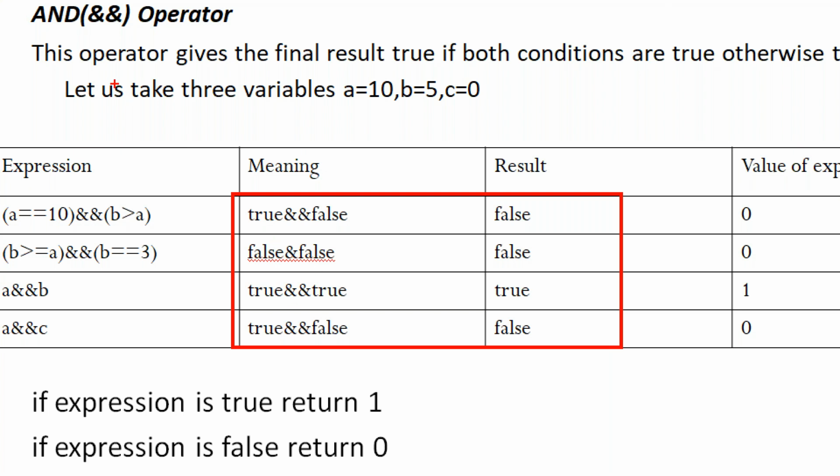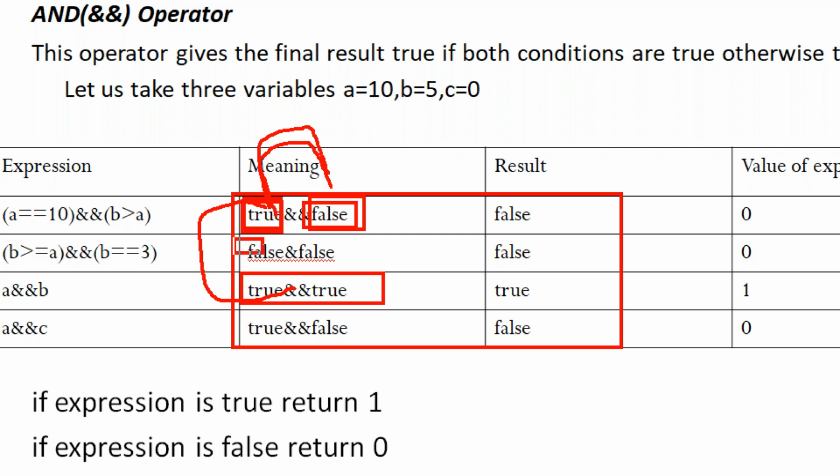Now, the important consideration for logical AND: if the first expression is true only, then evaluation of the second happens. These are the two important conditions here. If the first one is true only, then it waits for the result. If the first one is false here, blindly it will give the result as false. That is a special case in the case of logical AND.